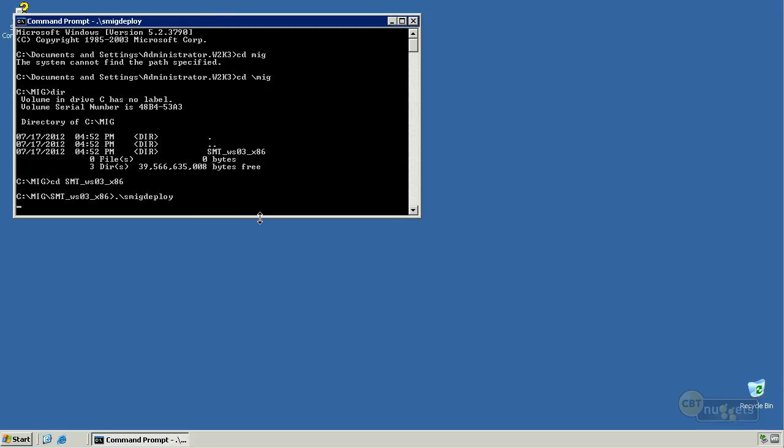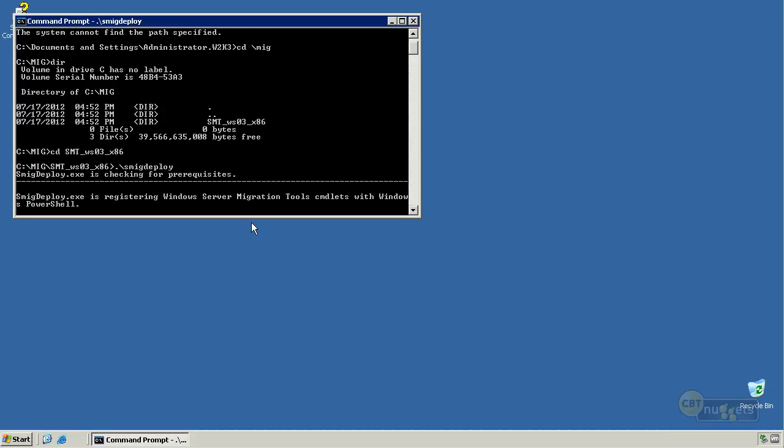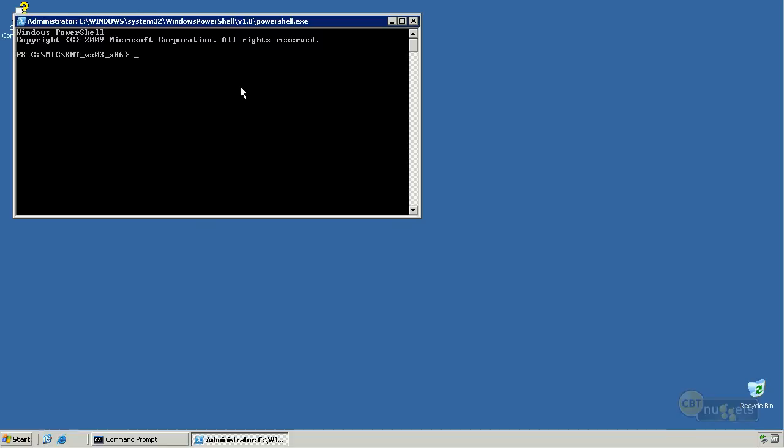The old computer that you want to migrate the roles from, or the features, or whatever it is you're trying to move, that's going to be called the source computer, and the destination computer would be the new Windows Server 2012 server. And then once you've done that, it'll return to you a PowerShell command prompt that you can use to start executing the PowerShell cmdlets. Now, where you go from here is a broad range of different things you can do. Our objective here is to show you how to install these tools, so later on, as Microsoft makes available the different migration scenarios, you can use them. There are other things that you could do from this point forward.